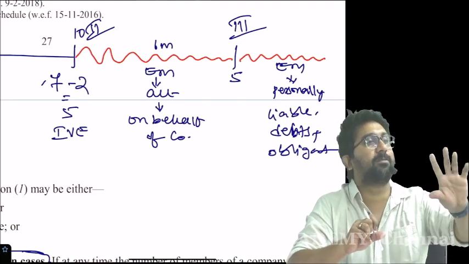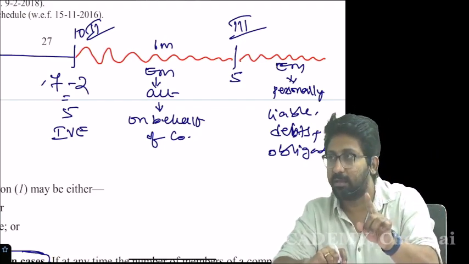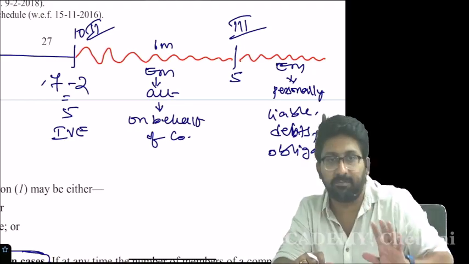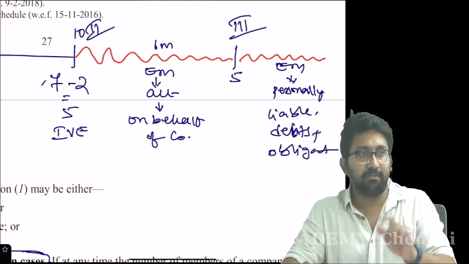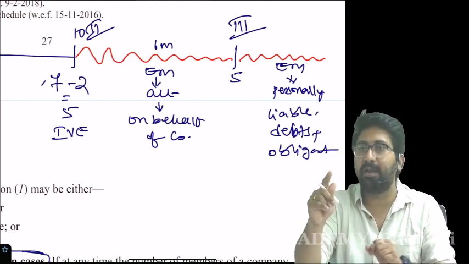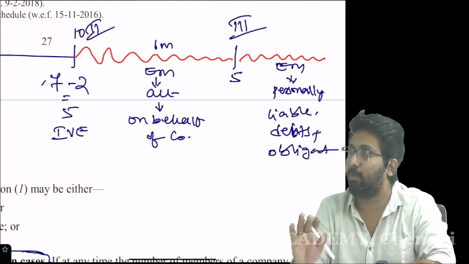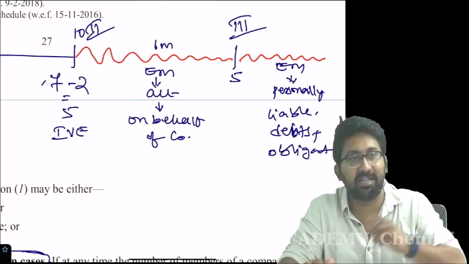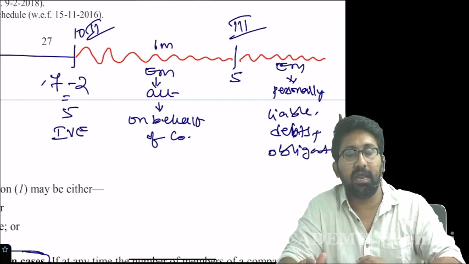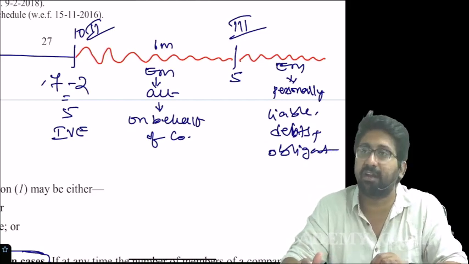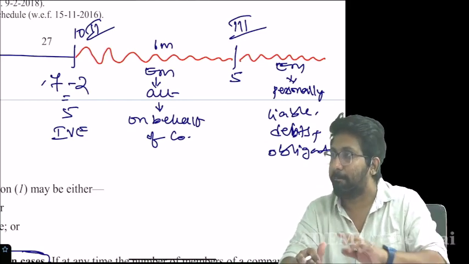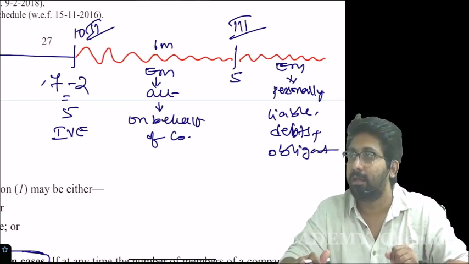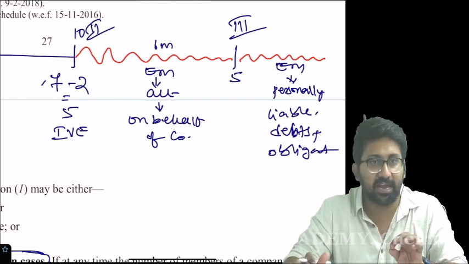But immunity is provided for how many months? Even if it has ceased to be a company immediately, I will give immunity for a 6 months period. During that immunity period, even if you do something, no problem, protection will be available. After 6 months, if you do, already that is an invalid entity. Any act done in the name of that invalid entity will also become invalid. The company will not be liable because the company is not in existence. Who will become liable? That member will become personally liable.